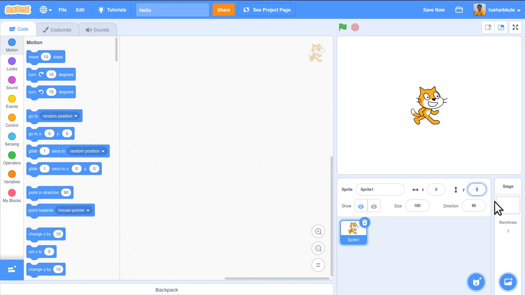If I want to move this in the forward direction, as we have seen, if I make it 60, it will go 60 steps ahead, like this. If I make it 160, again from the center, 160 steps ahead. If I make it minus 160, it will go back by 160 like this.